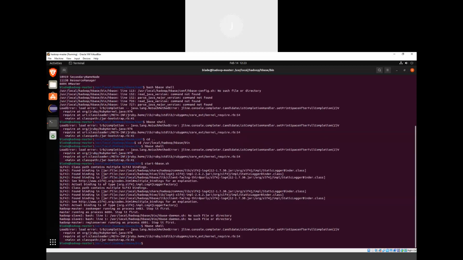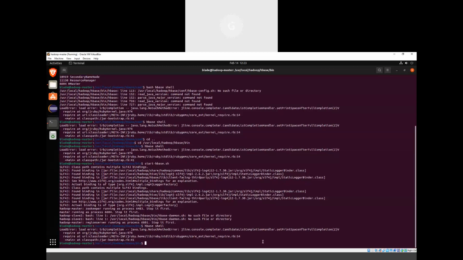Class loader meta inf. Not sure what this error is. Any idea what it could be related to, ma'am? It is saying that JRuby, that connection